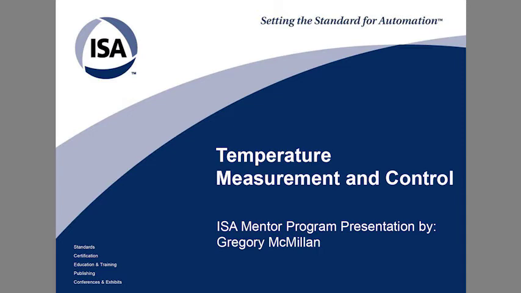So temperature measurement and control is a very important subject because temperature is perhaps the most critical measurement in terms of process efficiency and capacity. We know it affects energy usage, but it also is very important for product quality and production rate because temperature is closely related to reaction rates and to possibly side reactions that might occur in undesirable products. It's also important for purification, distillation, and there may in fact be an inferential measurement of composition. This is very common in distillation column control, as we will see.